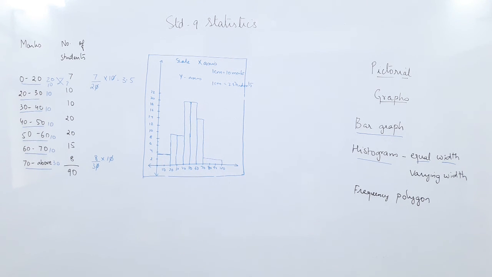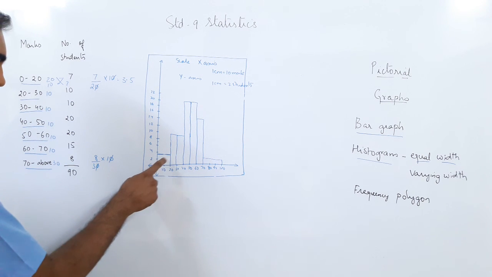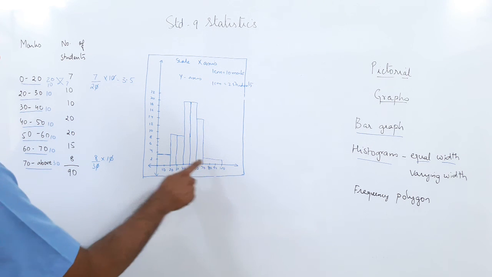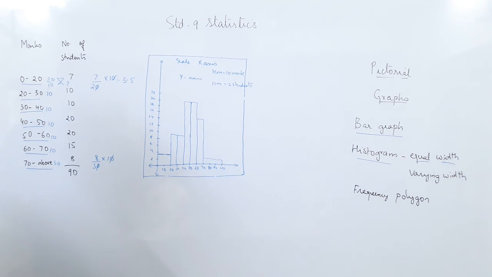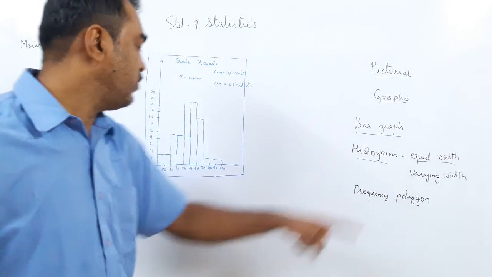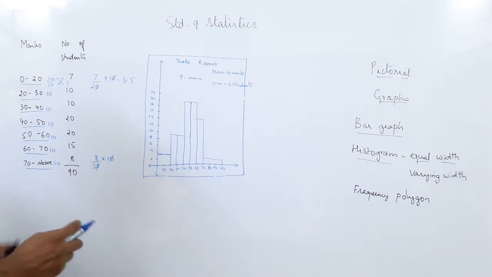So now you can see very clearly this is 10. If this area is 10, this area looks like 7. And this area looks like 8. So the areas have now been maintained. So you can see we still have got a histogram of varying width. Can you see the width has varied? How do you know the width has varied? Now you can see and understand.